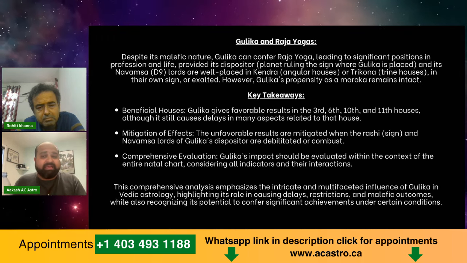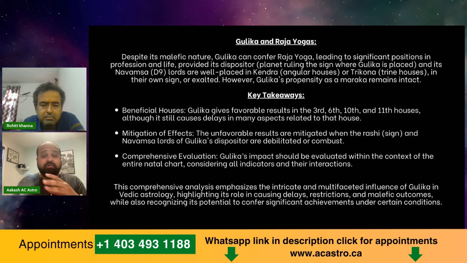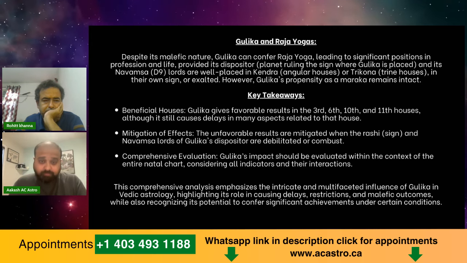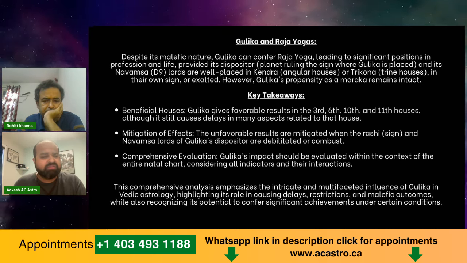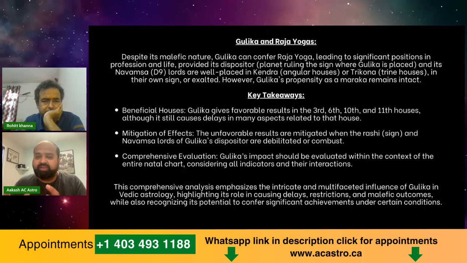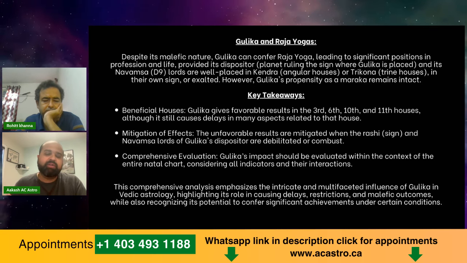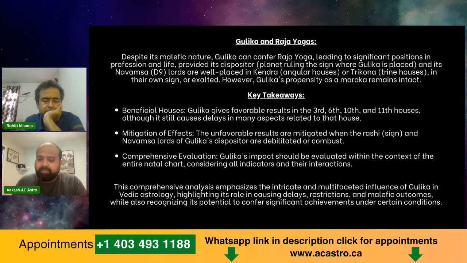Now there are some key takeaways of Gulika. Then we will also discuss Gulika in 12 houses, what kind of results it gives in which houses. Now here, beneficial houses. Gulika will give very favorable results in the third house, sixth house, 10th house, 11th house, although it can still cause delays in many aspects related to that house. When it is in third, sixth, 10th, and 11th, then you are all sorted. There is no problem. It can actually take care of itself, and delays will be caused, but finally